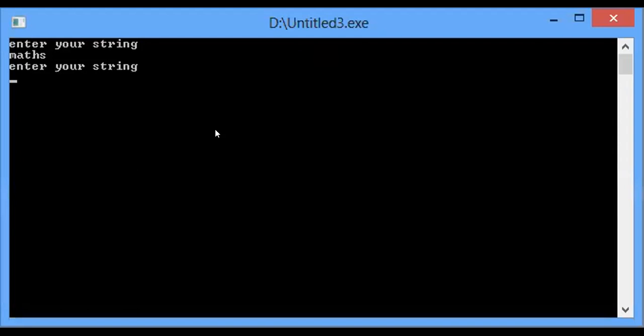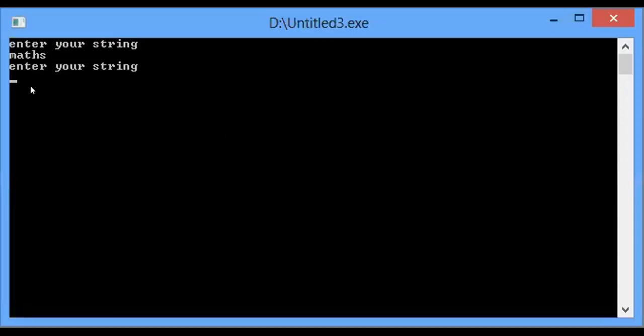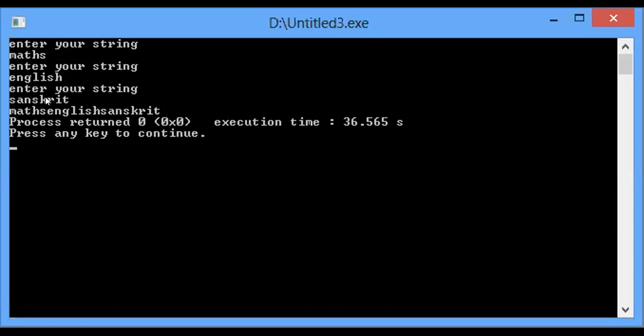Again it asks me to enter your string, because the loop will execute 3 times. Suppose I enter English. Again enter your string, and I am entering Sanskrit. Fine. And in the last, all the strings will be printed: maths, English and Sanskrit.